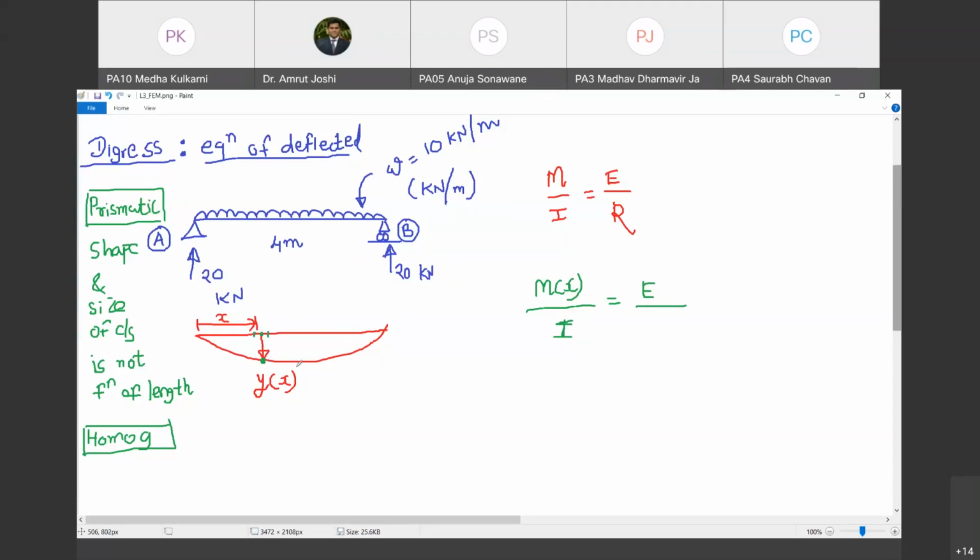What am I going to do? Consider two neighboring points. Are you with me? Yes, sir. These three points in the undeformed shape are collinear. Do you agree with me? Yes, sir. But what happens to them in the deformed shape? Do they remain collinear, or do they occupy a position along the curve? They occupy the position along the curve, so they are no longer collinear. Do you agree with me? Yes, sir. Now if you have three non-collinear points in the plane, how many circles can you pass through them? Tell me.